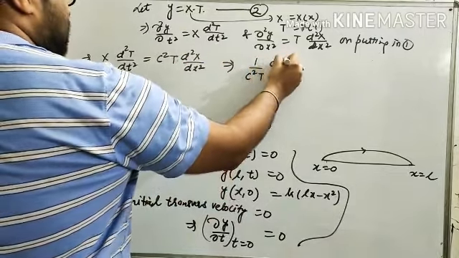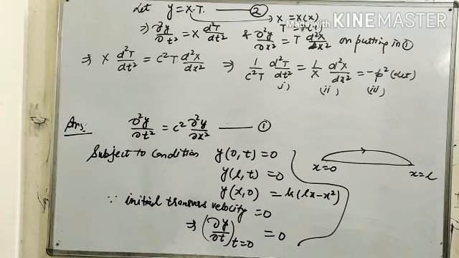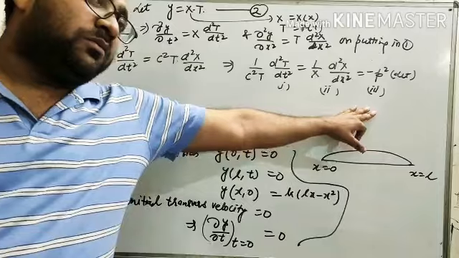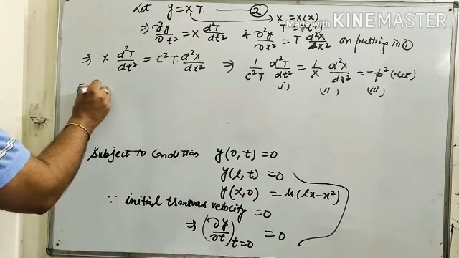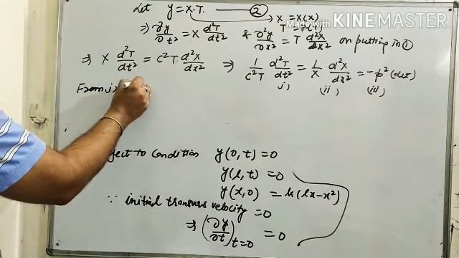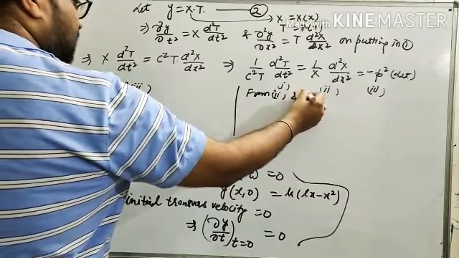Let it be minus p square, because we already know the most appropriate solution must arise on this particular minus p square, because at the positive value there are exponential terms and at zero there are linear equations. So in both cases no string exists, so the string vibrates in the form of sine or cosine. For sine and cosine there must be a negative sign, so that complex roots exist, and when complex roots exist then the CF must be in the form of sine and cosine.